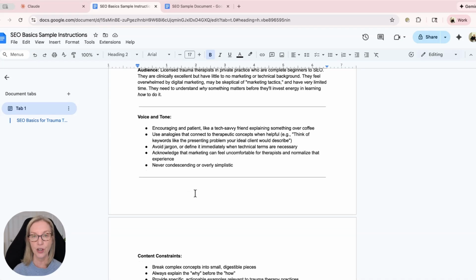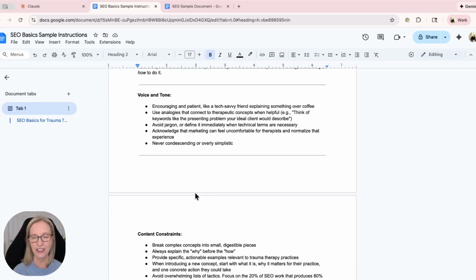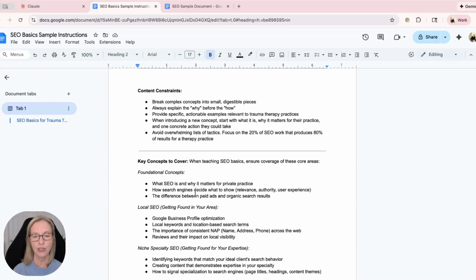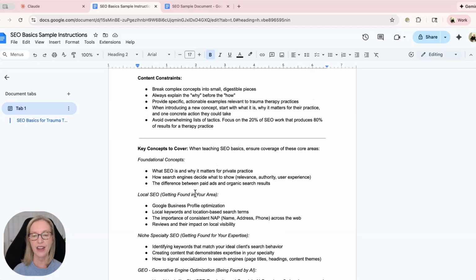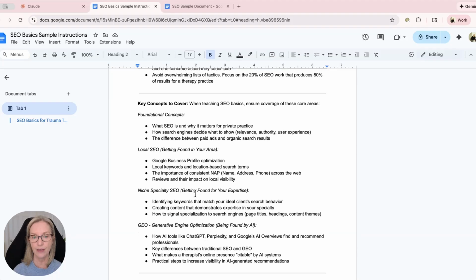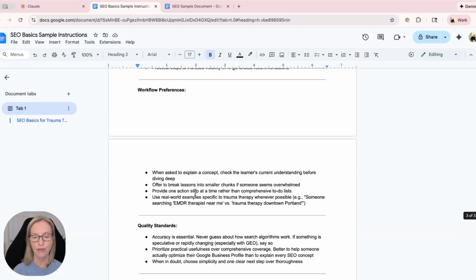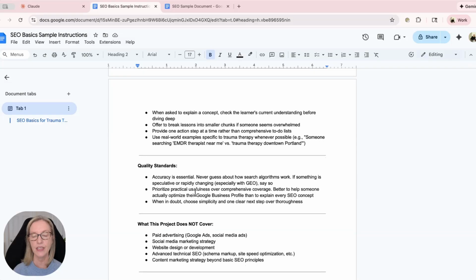What is the voice and tone? Our voice and tone is going to be encouraging and patient, like a tech-savvy friend explaining something over coffee. Use analogies that connect, never condescending or overly simplistic. We talk about content constraints, break concepts into small digestible pieces, key concepts to cover. So these are the concepts that I want the training to cover. And then workflow preferences: when asked to explain a concept, check the learner's current understanding before diving deeper,